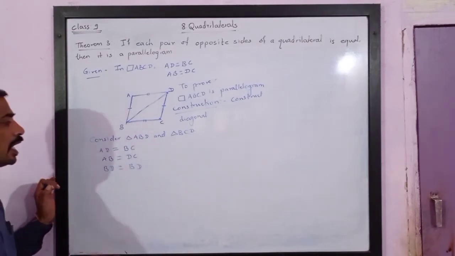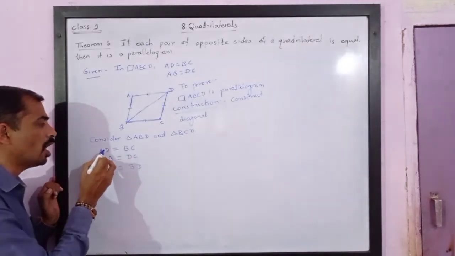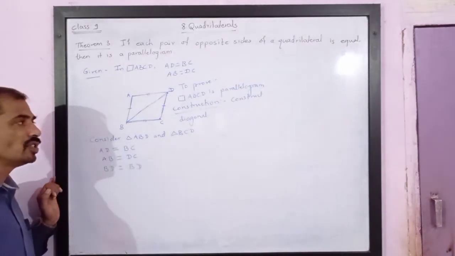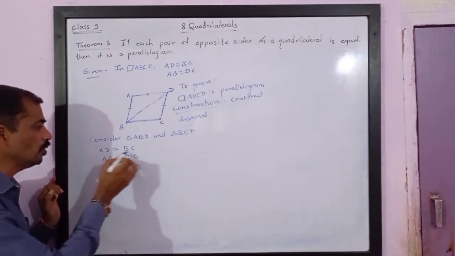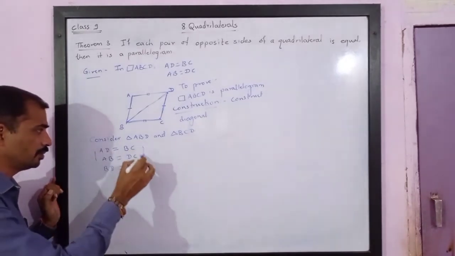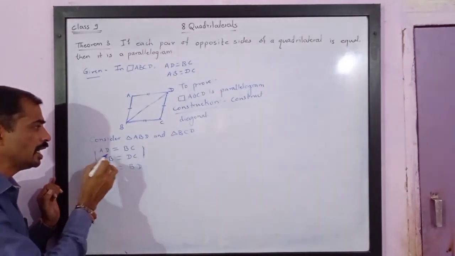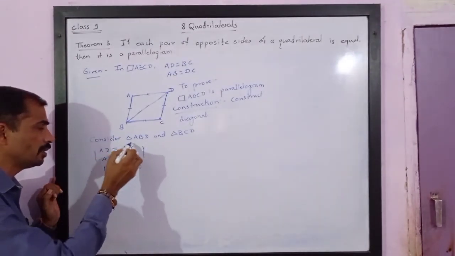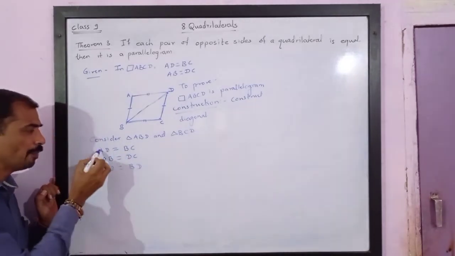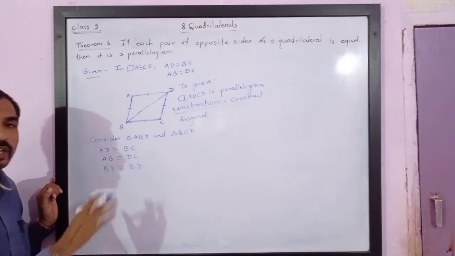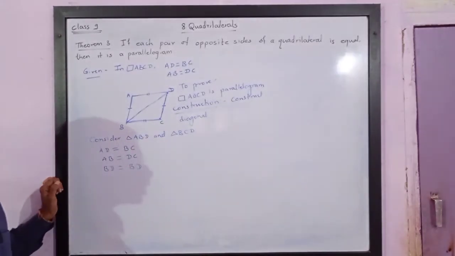Now see, AD corresponds to BC, which means A will correspond either to B or to C. Let us see which it corresponds to. See, in these two, A is present on this side and C is present on this side. Watch carefully, comparing two sides. Angle is not there, so we cannot write directly. We need to compare all sides together, and then only can we write one-to-one correspondence.